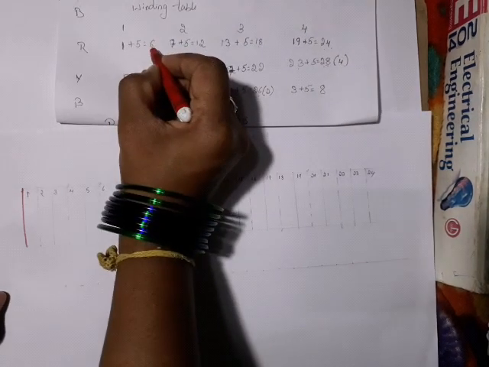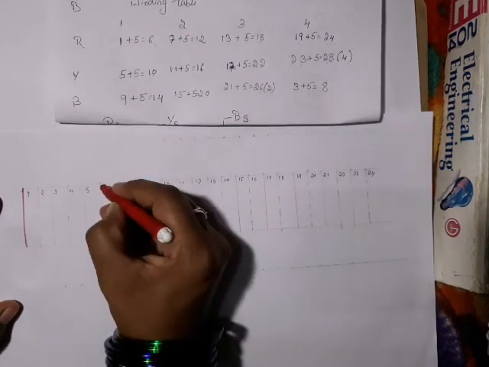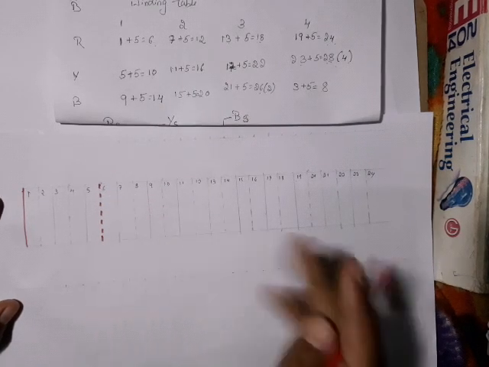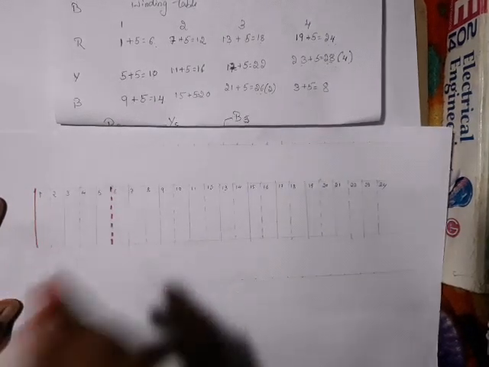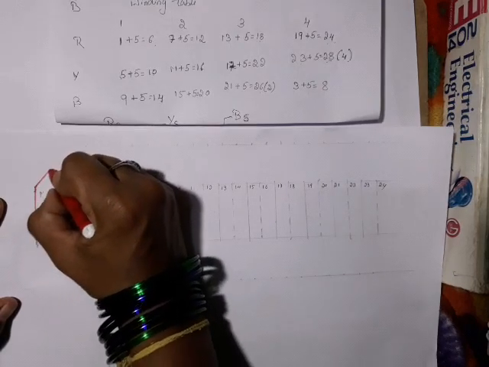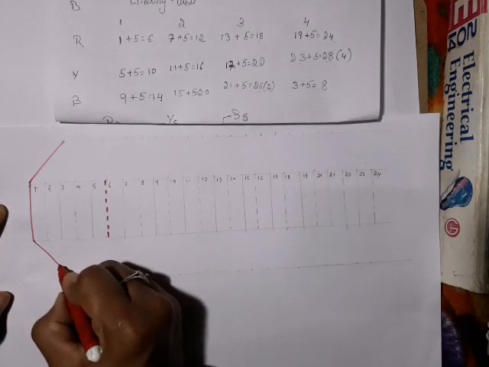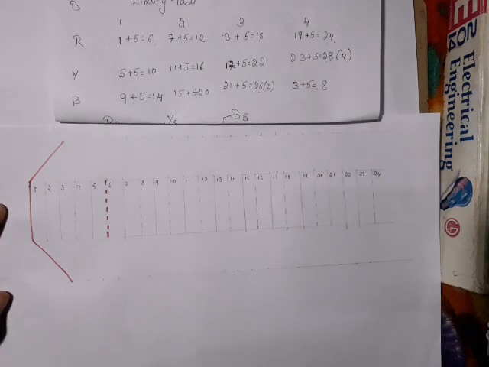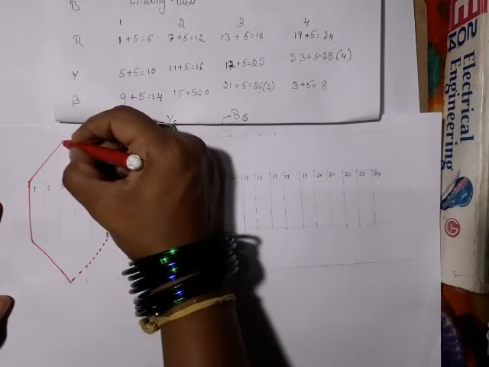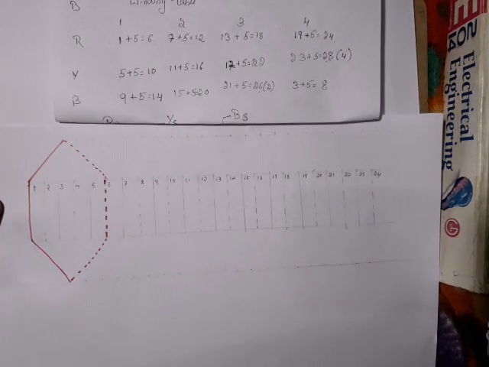And that is connected to what? 6. Where is my coil number 6? So here I have coil number 6 and this is a dotted line. So I'll draw the dotted line. This should be connected to this, exactly at the middle. Again the same thing: the front side you have to draw with the straight line and the back side you have to draw with the dotted lines. You can use a scale. Yeah, one coil is completed.